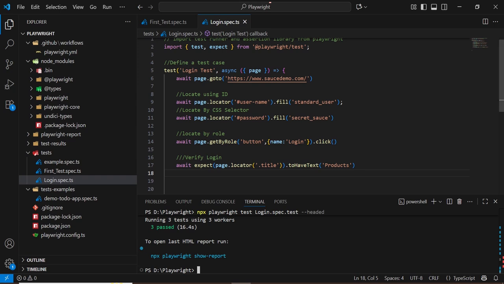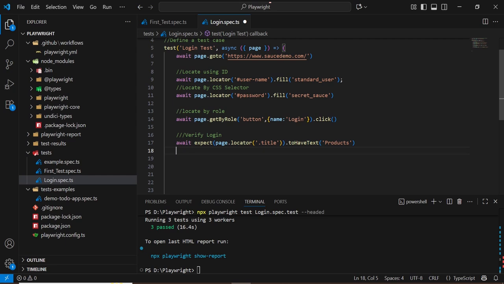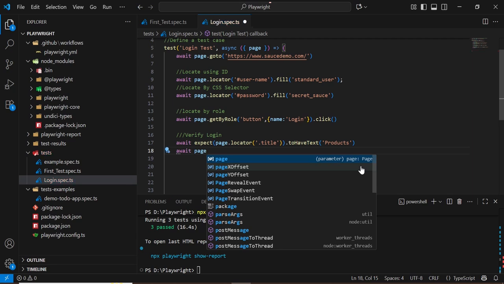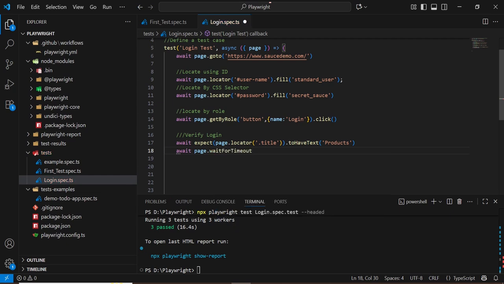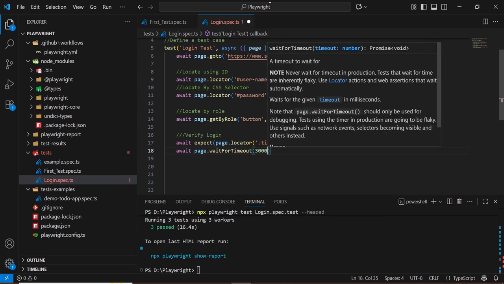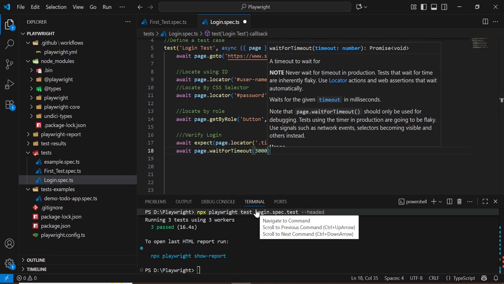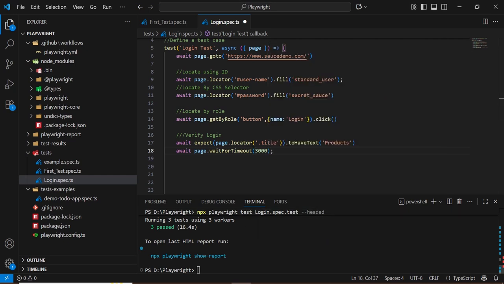But we need to add some wait here for better understanding. Let's add some wait here. Await page dot wait for timeout 3 seconds and semicolon. If you want to run the test on a specific browser, enter the command here: npx playwright test login